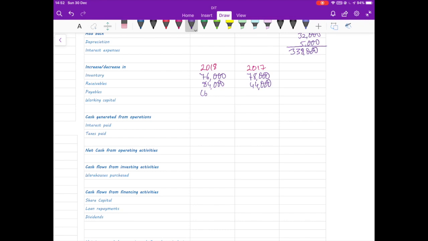Now the payables are going to be negative figures, so you can see here when we bring them over, they are minus 67 and minus 50,000 respectively. So once we have those figures, what we can do is take each one of them and first add up the years. So we end up with 93,000 and 72,000 in this case. So the additional amounts invested in working capital total is 21,000, which means the cash that we've generated from operations is going to be